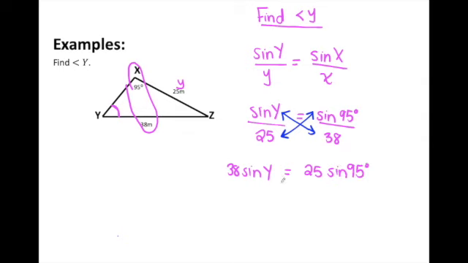And then we're going to divide by 38 this time because it's multiplied to that sine of y. But then you're still going to be left over with sine y on that side, which is fine. But do a calculation first, and you're going to do 25 sine 95 divided by 38, which is going to be approximately, you should get a decimal number here,